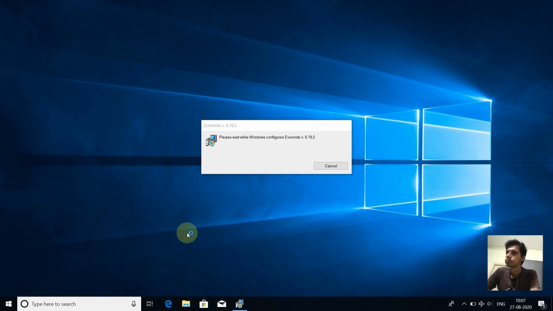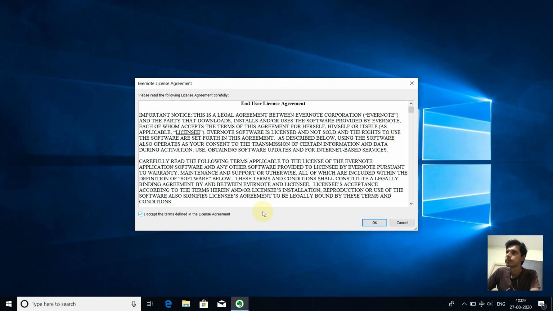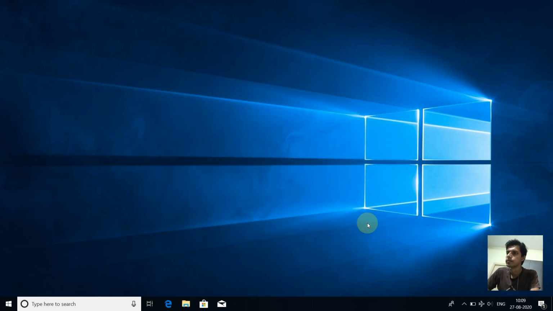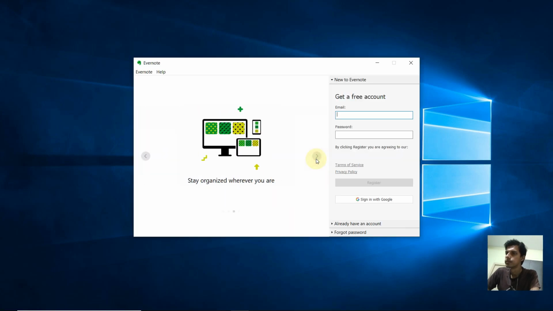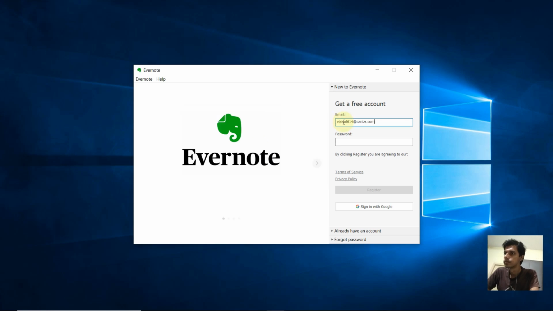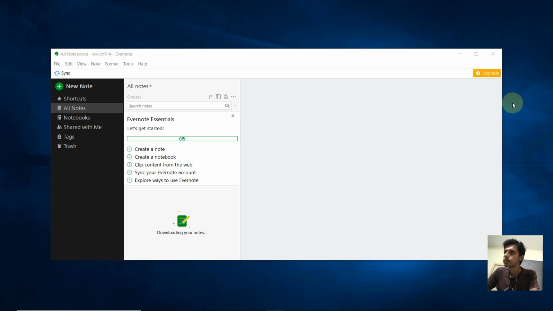After you download it, you will install it. You will get this. Just select OK and press next. Then you create your account with your email ID and give your password, and then register it. If you already have an account, you can select "already have an account" below. Then your database will be created, and it will take some time before it opens like this.